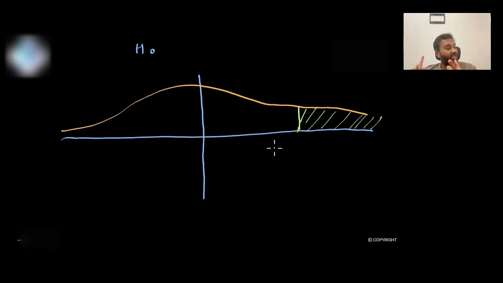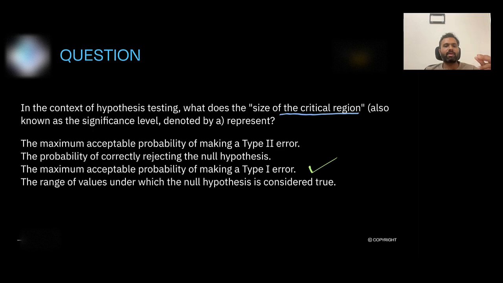Type 1 error means, we have discussed this in the last lecture, so I am not writing it. Type 1 error means the error that you make by rejecting the null hypothesis even if the null hypothesis is true. And type 2 error is when you are unable to reject the null hypothesis where it is actually false. So that's why significance level is also called the maximum accepted probability of type 1 error, and it is